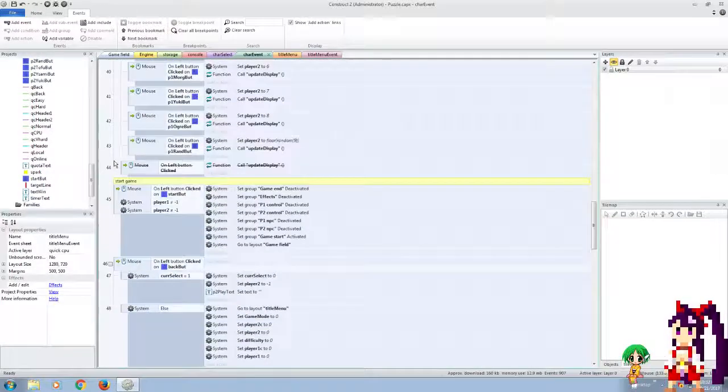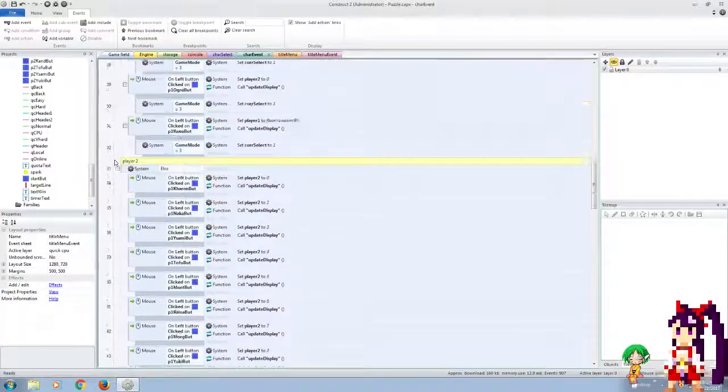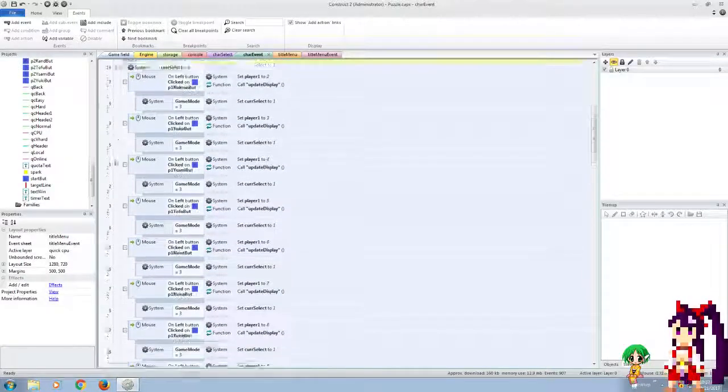Okay, so the display is at least working as intended, but